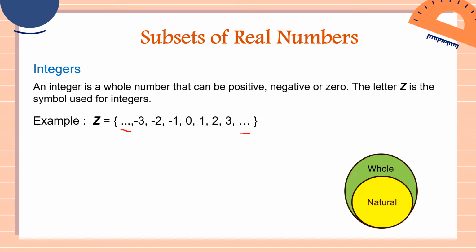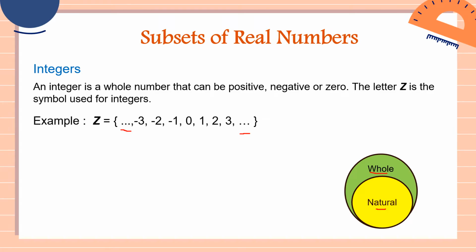So therefore, including positive 4, positive 5, positive 10, positive 20, positive 100, up to positive infinity. Now, as you can see, class, with regards to integers, we can say that this natural number, once again, this yellow circle, this natural number and whole number are a subset of integers. Once again, class, natural numbers or counting numbers, whole numbers are a subset of integers.